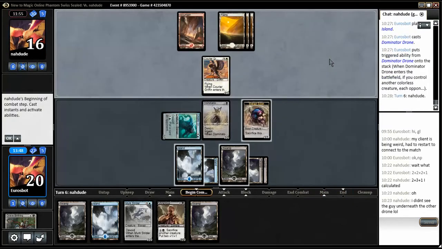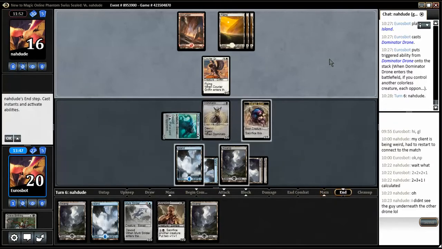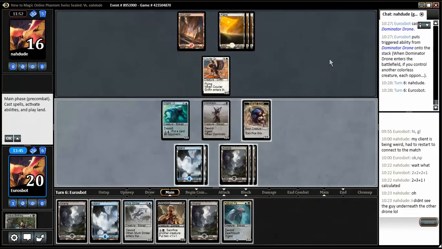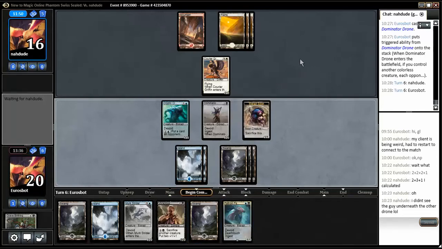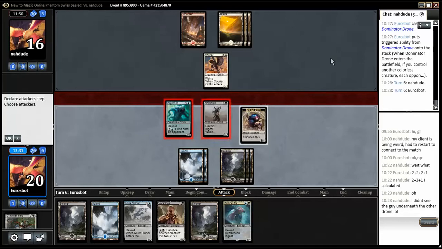Hoping to get in with Dominator Drone now. But that wasn't going to happen. There's the Fathom Feeder. I will play it next turn. So I just attack with the 3/3. Or do I want to trade with that guy, don't I? Yeah, how else am I gonna get rid of him, so...